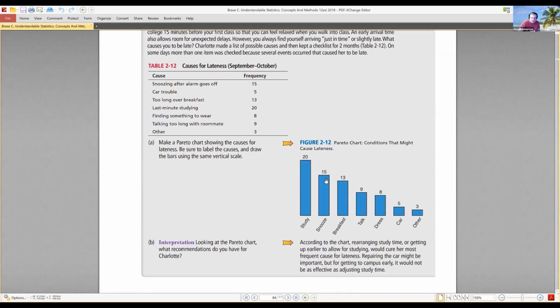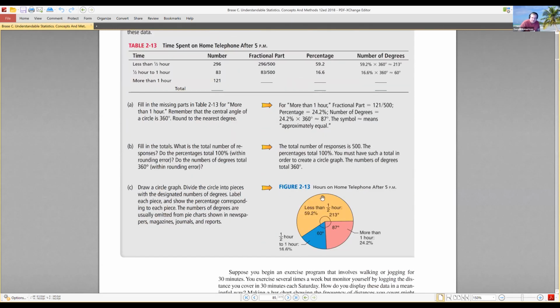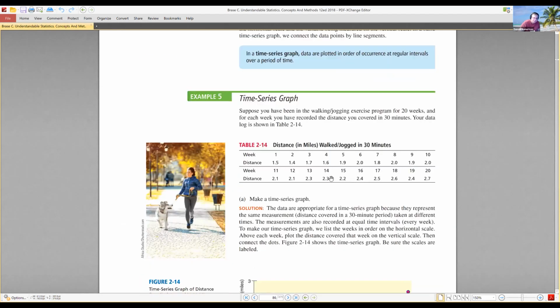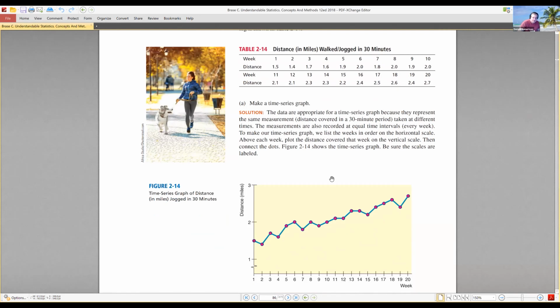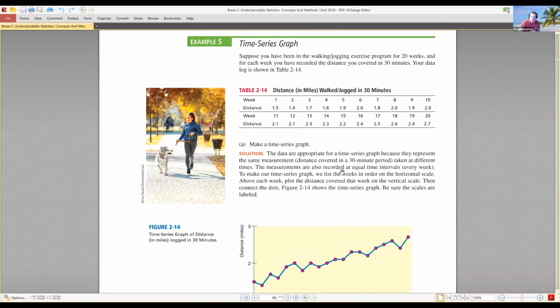Here's another one of these charts. I mean, there's lots of reading. Here is a pie chart that nobody I know ever likes, but there's one there anyway, so we'll show you. And here we got another kind of chart, which is called the time series. So how does that one work? Well,